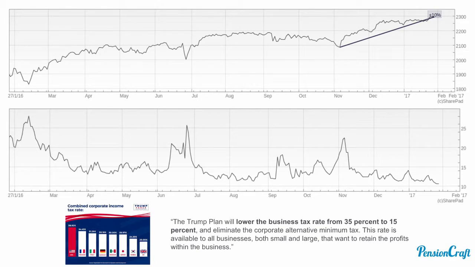Probably not. Here we zoom into the last year with the US S&P index at the top and VIX at the bottom. And you can see what's got people talking. VIX is almost at 10%. That's very low. But you can also see that's because of the Trump rally. The S&P's up about 10% since he was elected. And the primary reason for that is his tax policy. If he cuts corporate tax from 35% to 15%, then that instantly boosts earnings for companies and pushes up their